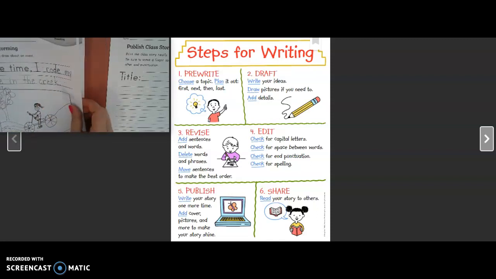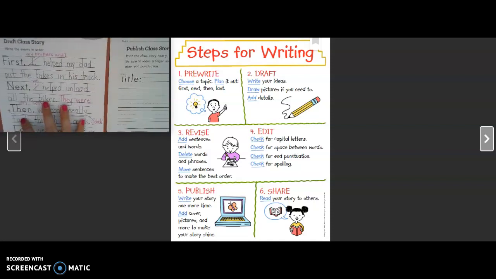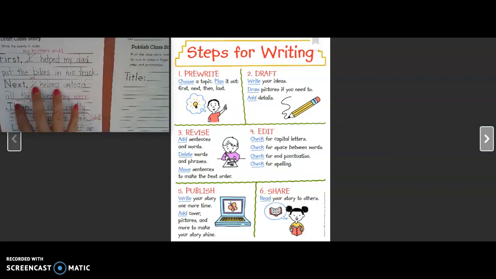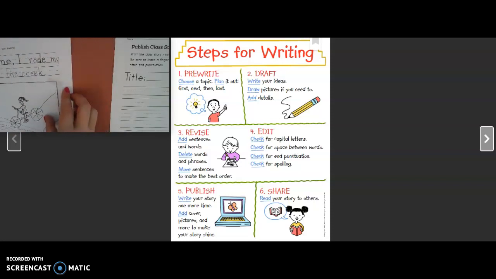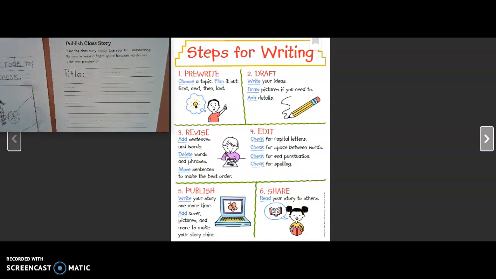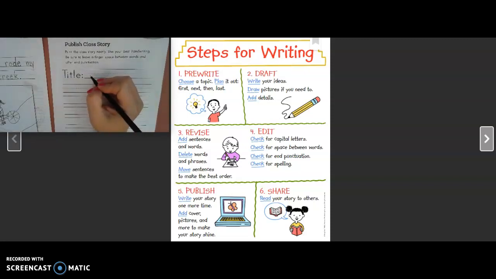And then after I write that sentence, then I'm going on to my next page, which is the order of my story. This is the story that you wrote yesterday, and you edited and you revised, made sure that you have it ready for today. Okay, so it's going to go like this. Sometimes authors come up with the title of a story before they write. Sometimes they think of the title while they're writing. Or maybe they've written a whole story and then finally at the end they come up with a title for their story. So right here you're going to write the title of your story.